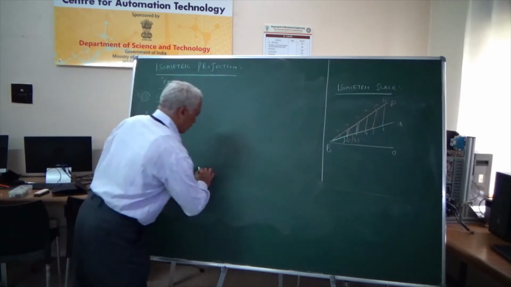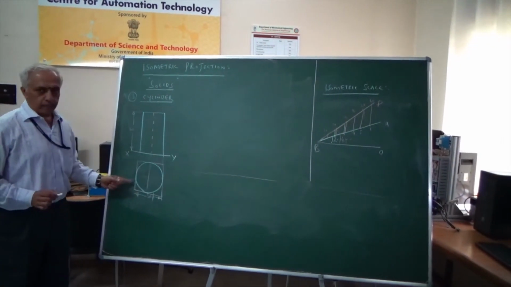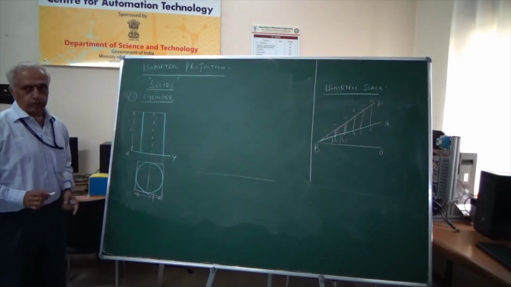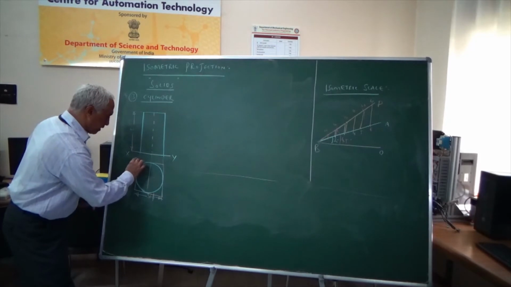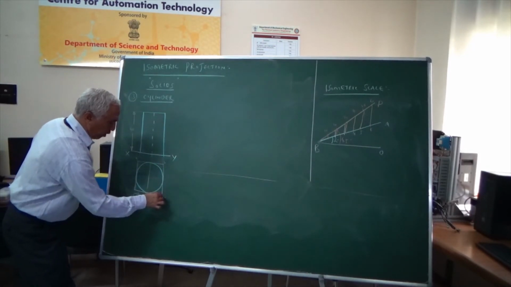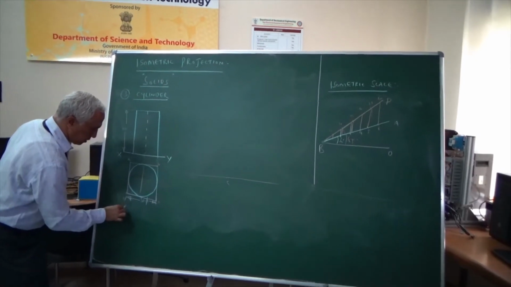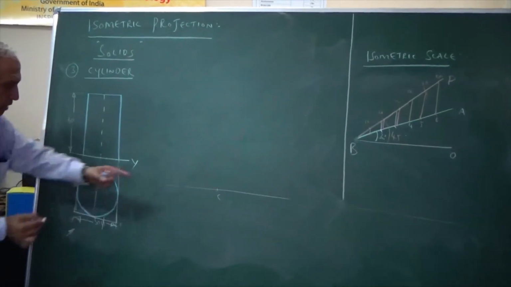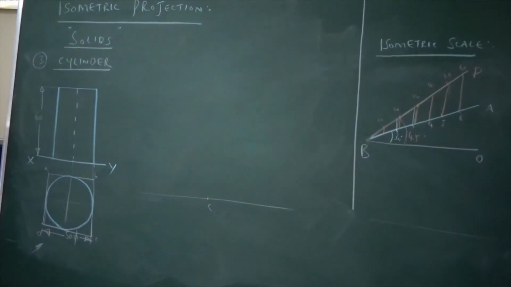Draw the horizontal reference line. So the top view of a cylinder is a circle, the front view is a rectangle. I can take the reference points A, B, C, D. So I can take point C as the reference. If C is the reference, in the direction of viewing, the opposite is A. And if D is the reference, the opposite is B.